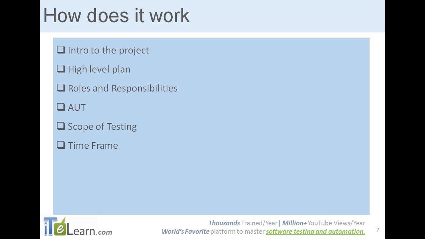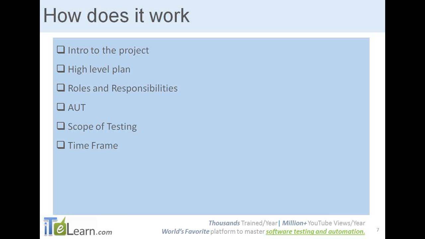High level plan. As we had discussed, depending on the requirement gathering, we would be preparing a test plan. So that is a high level test plan for performance testing of any application. That is the agreement between the performance testing team and the client, that you would be doing all these things during the entire cycle that has been defined. Okay, so that is the high level plan.